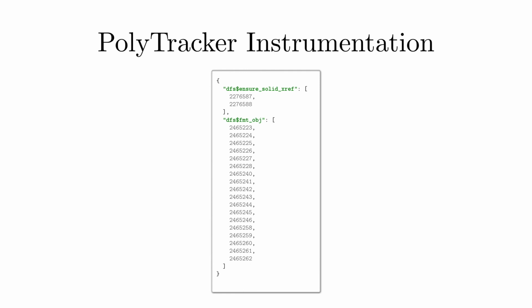This is an example of the JSON output from PolyTracker. So the PolyTracker instrumentation happens at compile time, or it happens statically before you run the parser or whatever program you're instrumenting. And then every single execution of your executable, or your parser, your program, when it terminates, or optionally you can have it emit this at some regular interval, it will